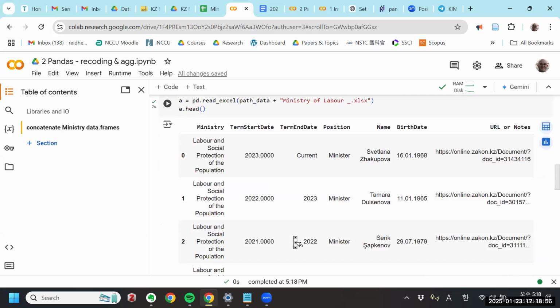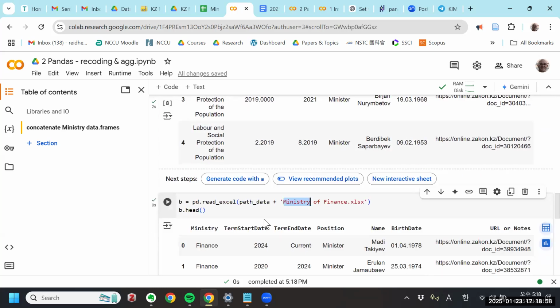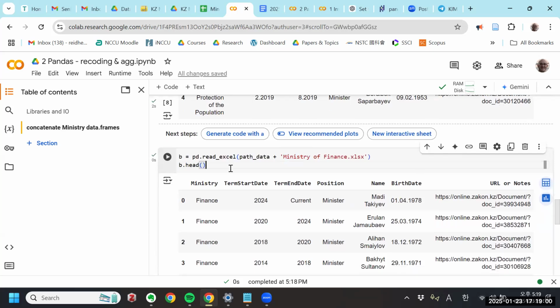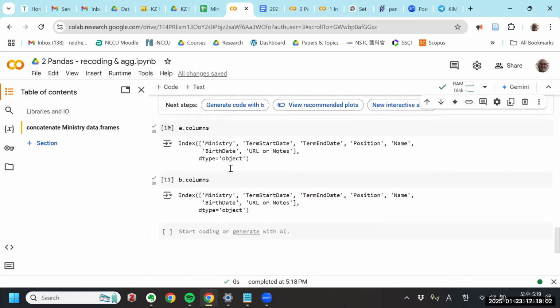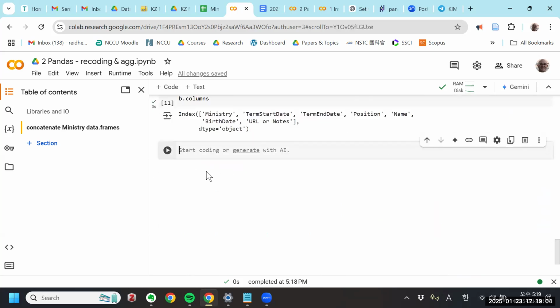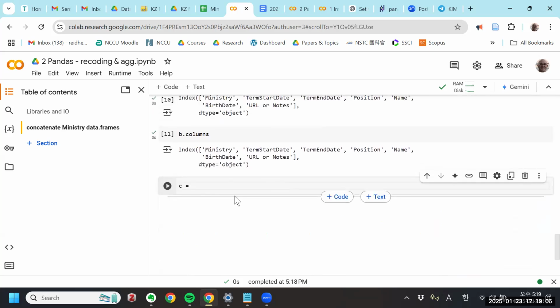No, so I haven't concatenated them yet. Yeah, so to concatenate in pandas, let's create C, which is the new one. Actually, what I'll do is take A, which is the original one, that's the Ministry of Labor, and I'm going to set it equal to